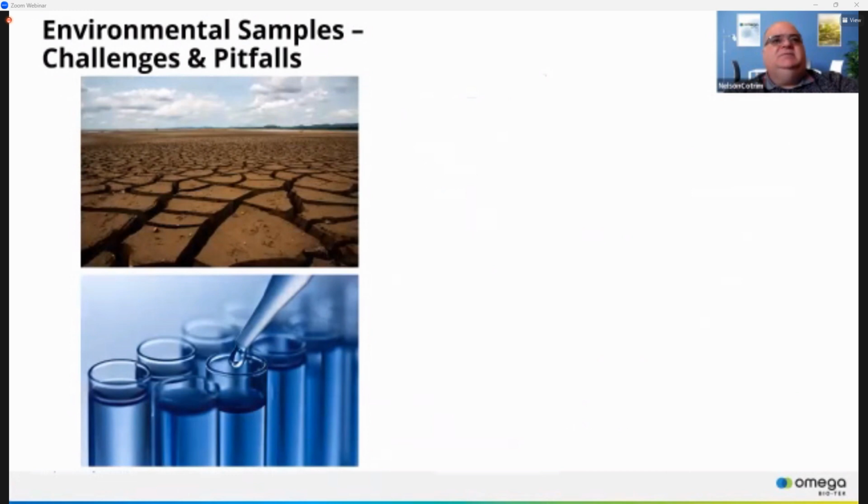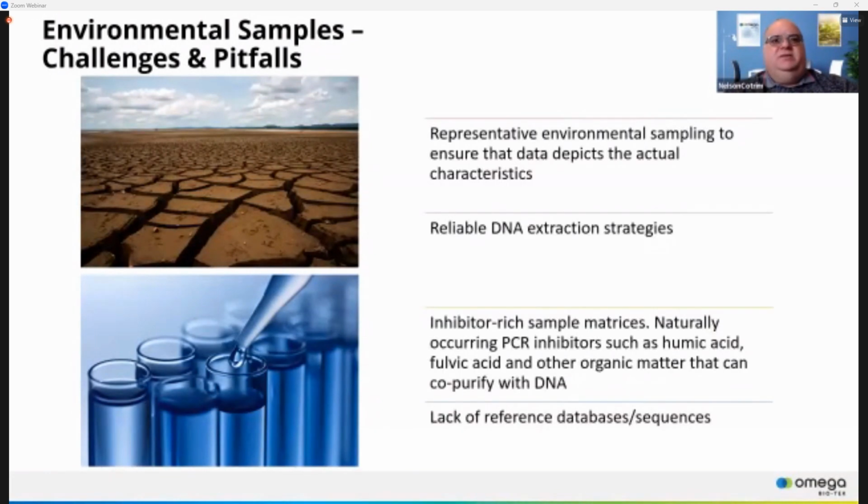Next slide. In spite of great promise, the full potential of utilizing environmental samples in the application discussed in the previous slide is still at a nascent stage and yet to be fully realized. Some of the major challenges are: 1. Getting a representative environmental sample so that we can avoid selection bias and that the data reflects the actual characteristics of the sample. 2. To get a representative sample, the input volumes are usually large, which represents a technical challenge